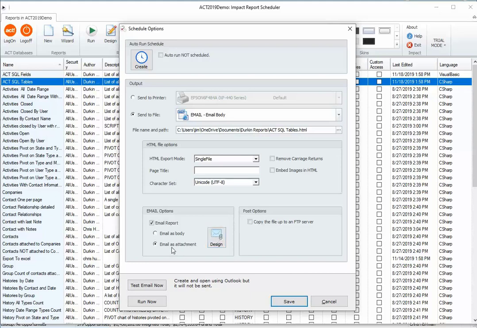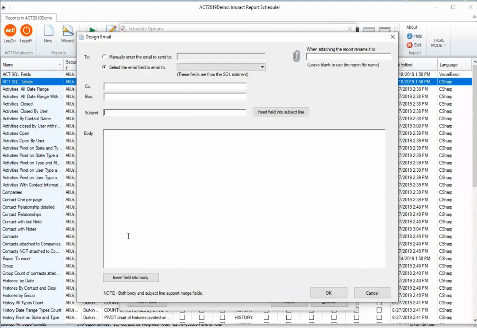So I'm going to highlight, click on that, go to Designer. What this is doing is giving us a top-level email look, right? So I want to say, enter an email address manually. So let's send this to support@impactact.com. I could CC and BCC. I'm going to give it a subject. I'm going to call it My Friday Report. And just in the email body say, hi everybody,